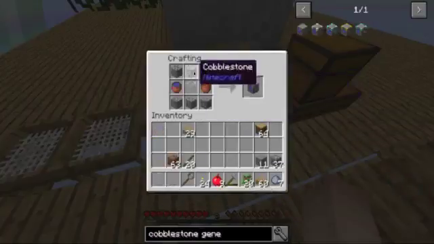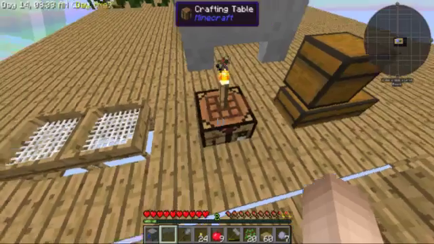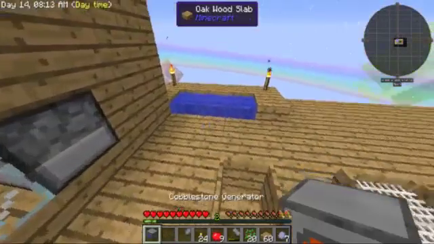There's my cobble generator. It has everything from my inventory. I take it. It gives me this bucket back. It does not give me the other bucket back. That's okay. We can make more buckets if we need to. Now the beauty of this is